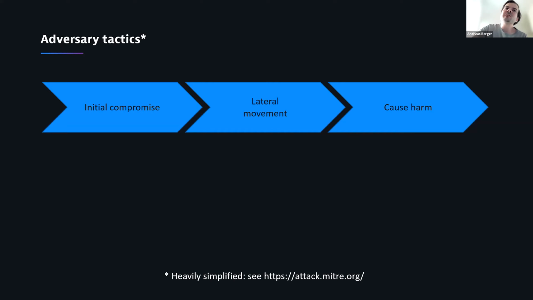Then what usually happens is what's called lateral movement. So imagine that the attacker establishes a foothold in the system. He found one weak spot where he can basically do something. And then from there on, he tries to move further. And that's what lateral movement describes.